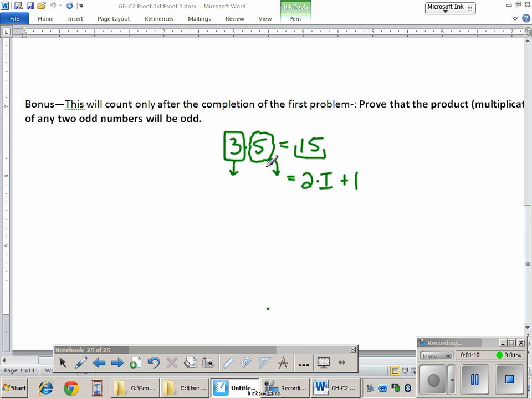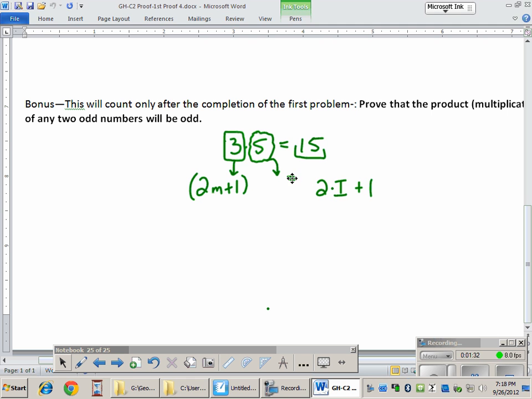What we have to show is that this calculation is the same as 2 times an integer plus 1. So, how do we do that? Well, if we just take 2 times any integer and add 1 to it, it's an odd number. So if I just choose a different variable, like 2 times m plus 1, that in itself would represent an odd number. It has to. If I choose any m,